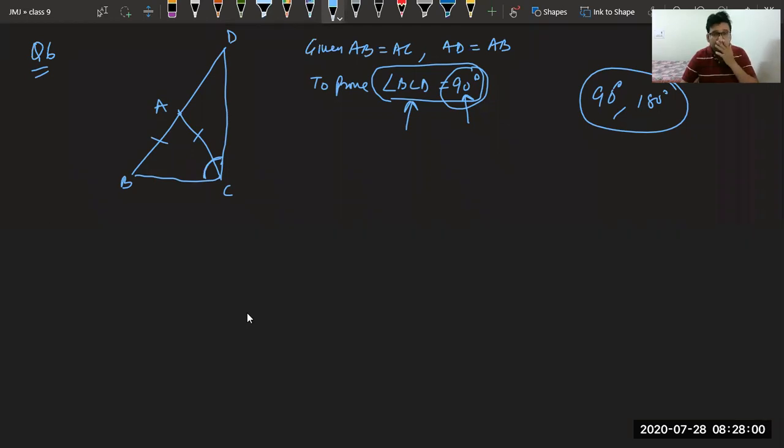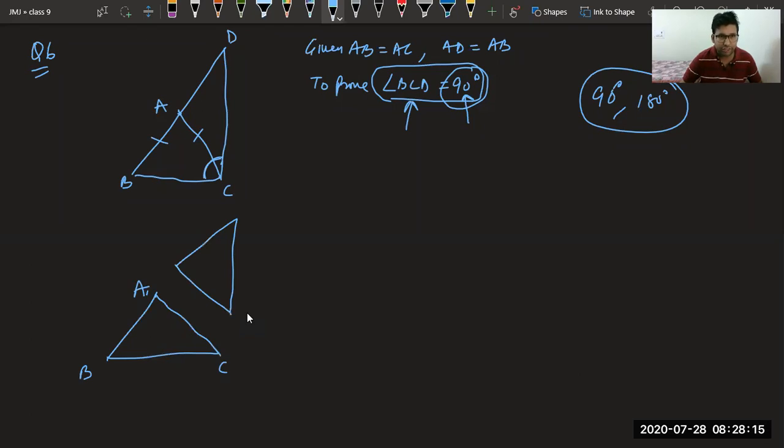How will that prove? I don't get it. Suppose I take triangles like this. I'm just showing you whether it is possible or not, because the solution is different for this question. Just going your way, you have taken two triangles. Okay, I am also taking. Then you have done, are you saying CA bisects BD?